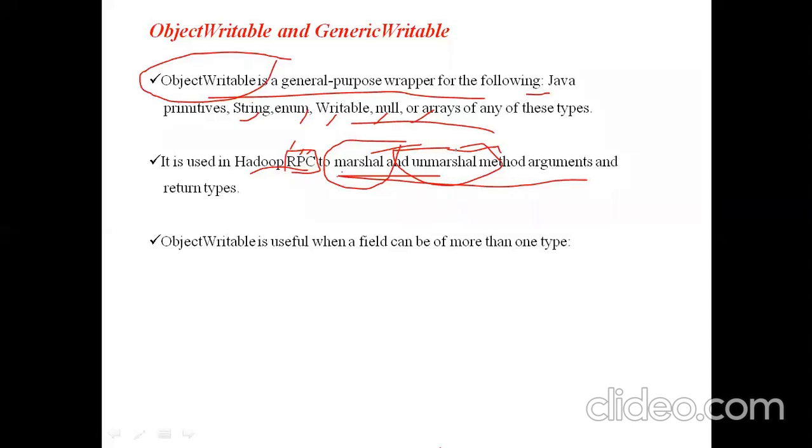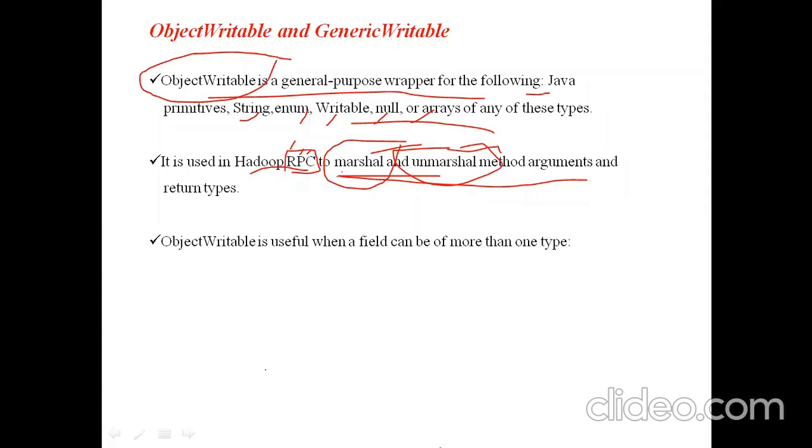That is a small difference. Mainly, the object writable is used in Hadoop RPC to marshal and unmarshal method arguments. To perform the marshalling and unmarshalling of arguments in Hadoop RPC, we take help of this object writable.